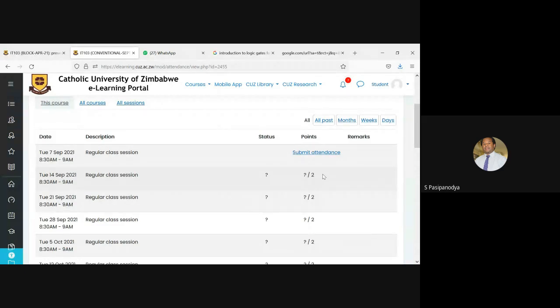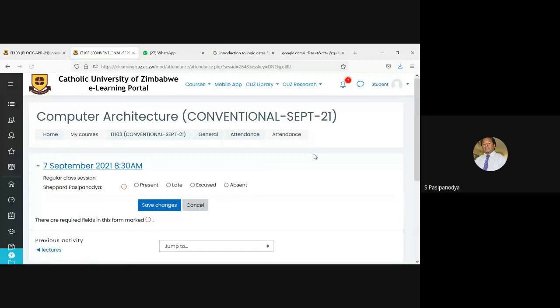Radio button on this section of your points, right? So either you're present, you're late, you're excused, or you're absent. Between 8:30 and 9 o'clock, you mark present. And then you click on Save Changes. Once you click on Save Changes,